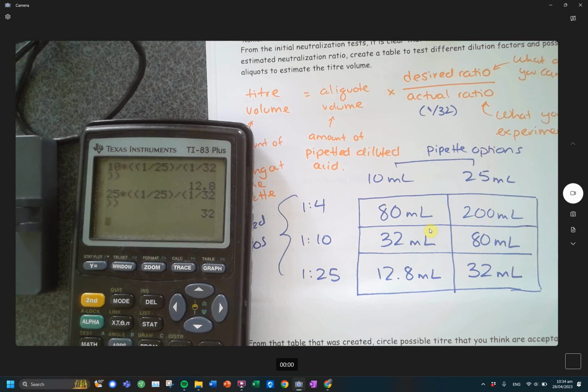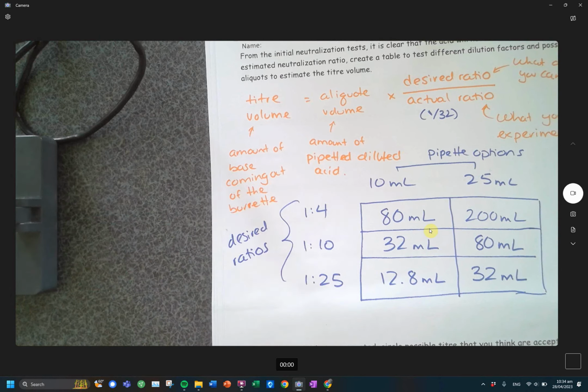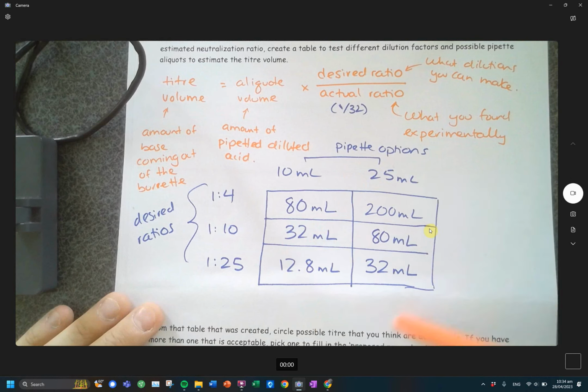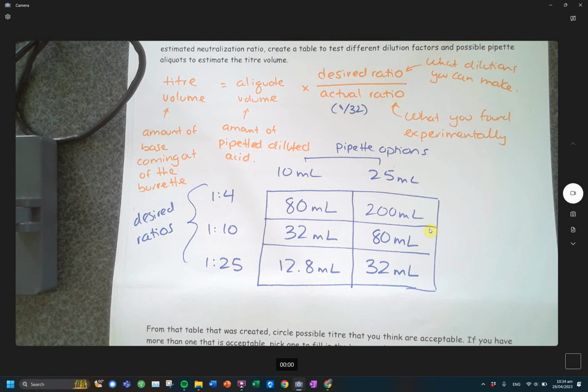Cool. All right. Now, the next important thing is to make some decisions on which combination you are going to use for your method. So we have a proposed procedure down here. We're explaining why, and these are our choices here. There will be instances where you're going to have multiple things that work, and so I'm just looking to see, have you selected something that works? Just FYI for the grading,